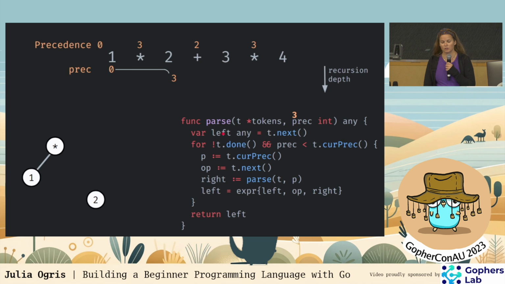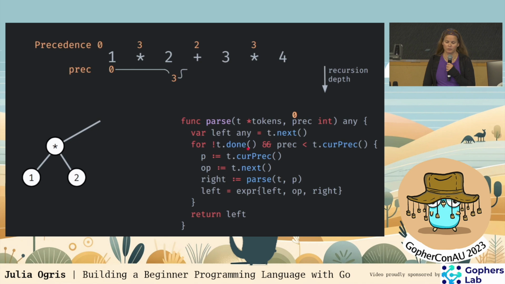We pop off the next operand into the left variable, the number 2. And because we're not yet at the end of the token stream, but the current precedence, we're here at the plus operator, is not greater than the previous times operator. We completely skip that loop. We don't build further towards the right. We return that left variable as is, which becomes the right of the subtree one recursion level higher up, and this whole thing becomes our left subtree.